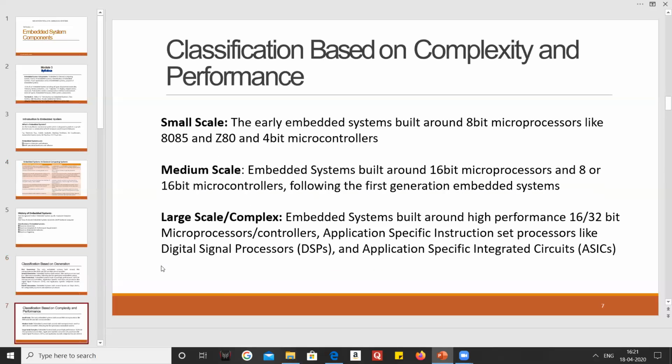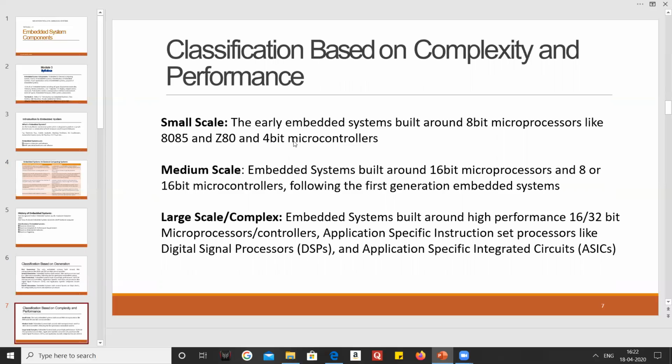So let's go to the next slide and see how it is classified. Now the next classification is based on complexity and performance. It is small scale, medium scale, and large scale. The small scale is mainly built around an 8-bit processor. Where can we use this in small scale? Definitely we can think of toys or traffic signals, wherein the application is very, very